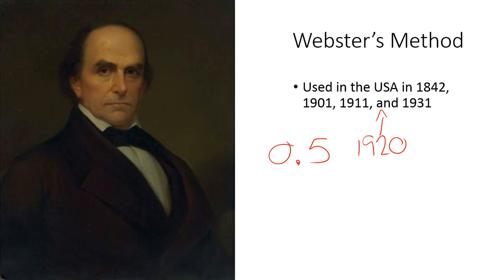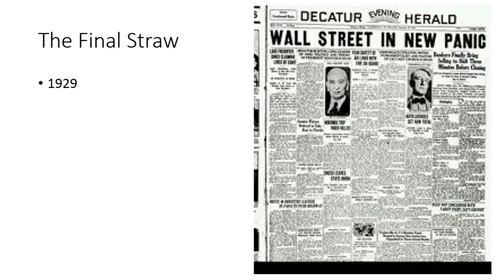Now, after 1831, what ended up happening was in 1920, Congress was getting very upset with states going to the Supreme Court saying, "Hey, these seats are being taken away from us. We want this to stop." So in 1929, Congress commissioned basically the Math and Science group and said, "Okay, we need you to come up with a method that will work always, always, always. The best method for apportionment that you can create, and we want to know what it is." And so basically they took a couple years, and then finally in 1941 an act came up into Congress, and this act was called an act to provide